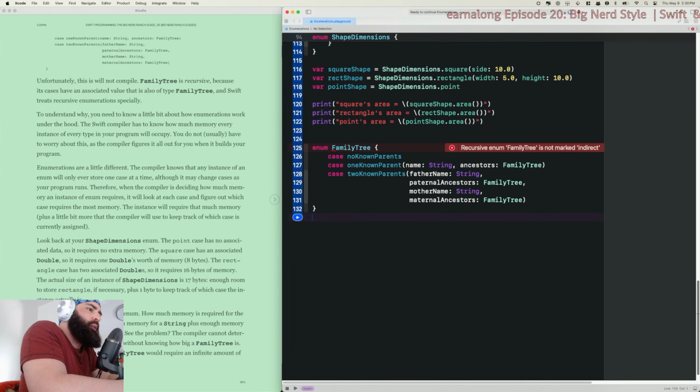instance actually is. Now consider the family tree enum. How much memory is required for the one known parent case? Enough memory for a string plus enough memory for an instance of family tree. See the problem? Yes.